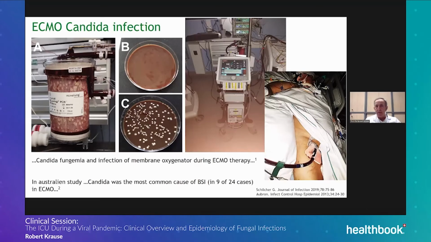We also have to be aware of infections during the treatment of such patients. You can see here a patient treated with ECMO, and there's also an ECMO infection by Candida. There are several case reports, so you have to be aware of Candida infections of the ECMO oxygenator, for example. You can see here on the left side these yellowish infiltrations of the ECMO filter and the cultures that were done from the inflow and outflow line. So a very difficult infection, because the change of such an ECMO oxygenator is very, very difficult in such cases.